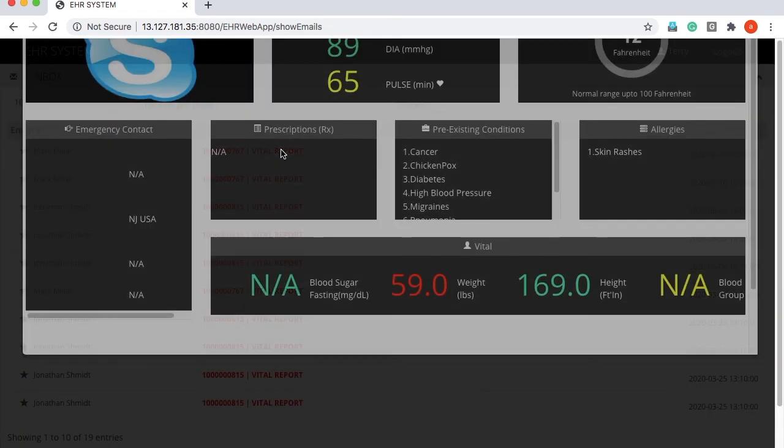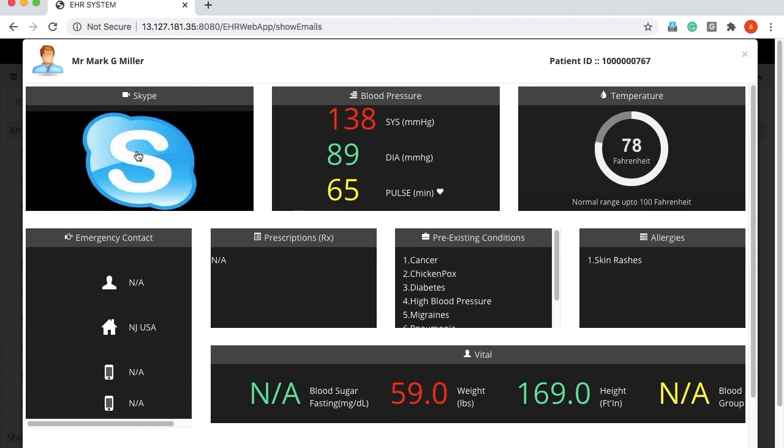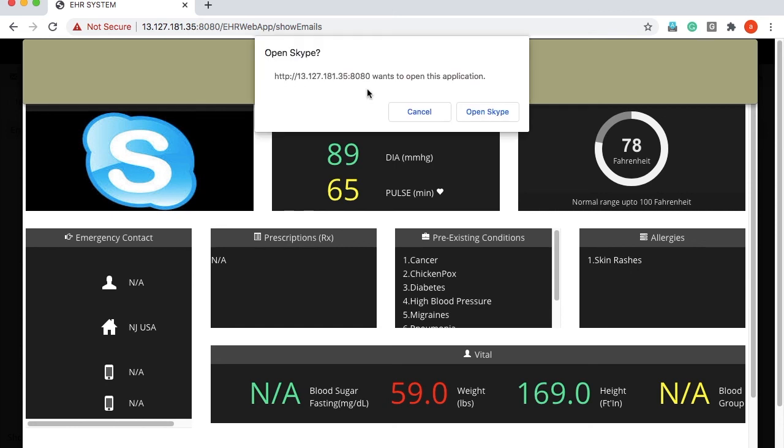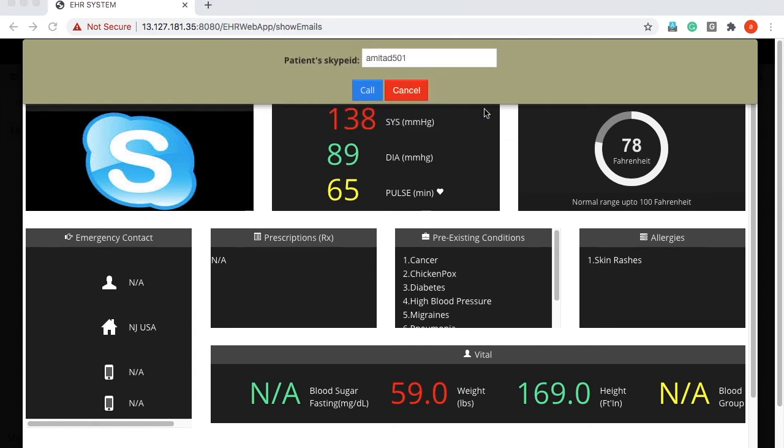It shows the patient ID and the patient dashboard. The doctor can consult with the caregiver by placing a video call via Skype, which is integrated into the iHome Care software.